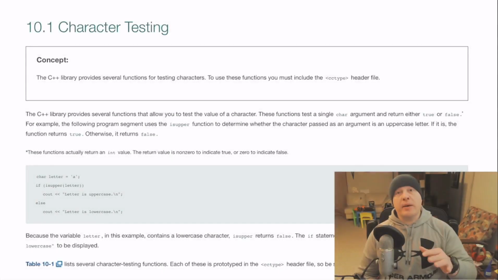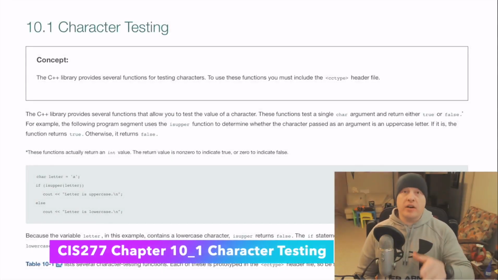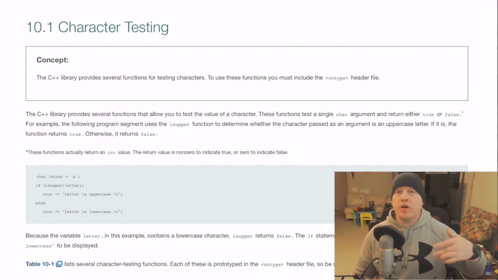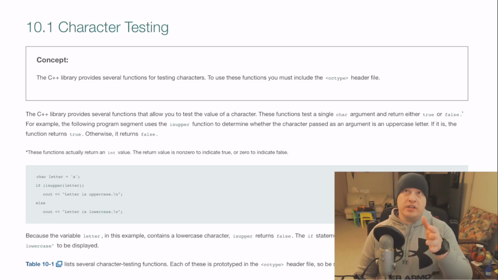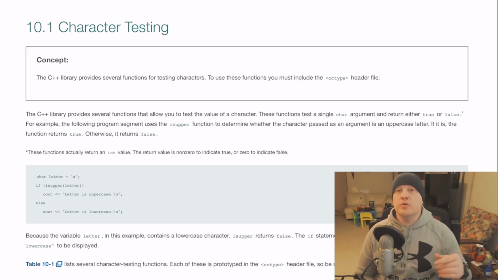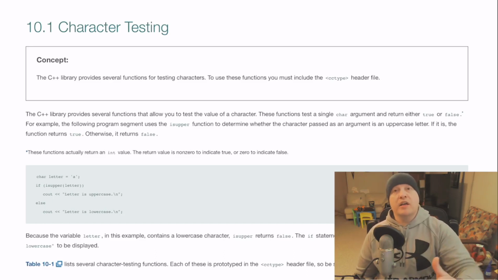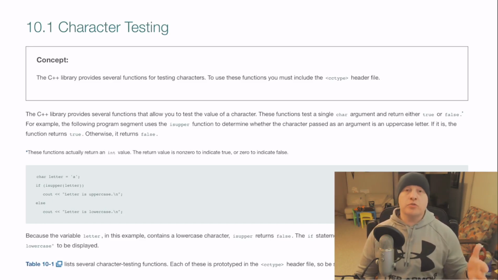Here in Chapter 10, we start with the idea of character testing. Now, we have seen some of this already as we've gone through chapters essentially 3 and 4, but also some of you, I know, have come across the idea of character testing in some of your, I'm going to call it outside research, when you try to find at least a portion of an answer to a question that you've been having about, well, what can I do,